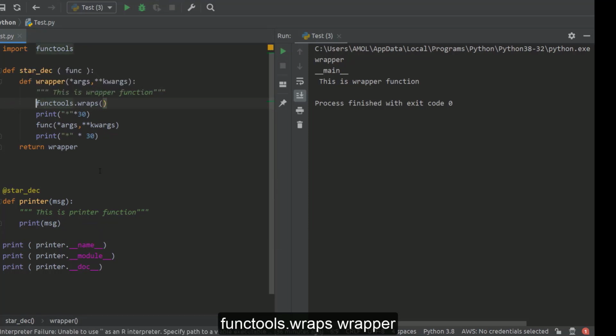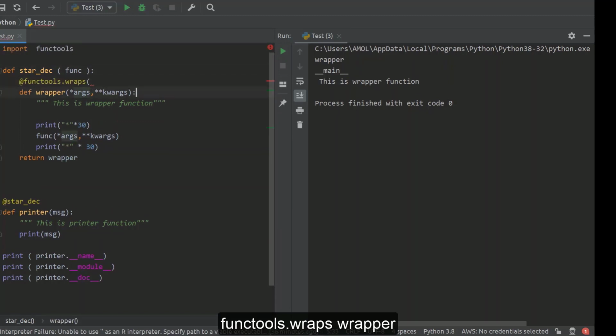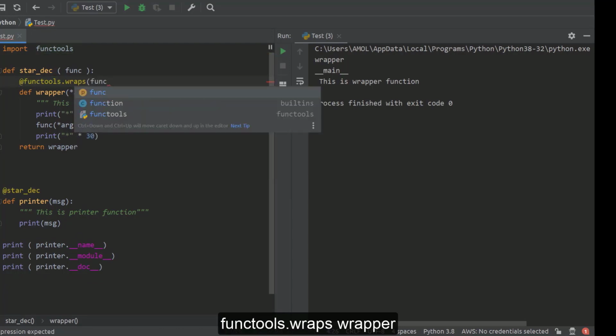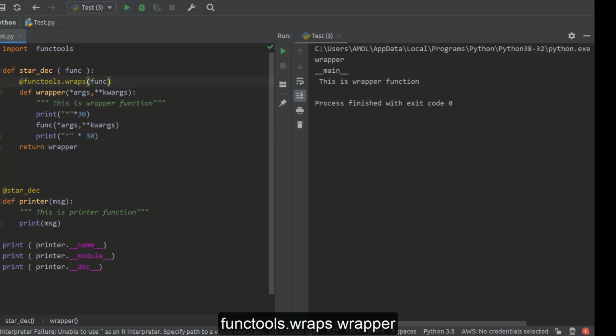First of all, don't forget it is a decorator, so we need to call it using the @ sign. So say @functools.wraps, and you should call it before this function definition. To this wraps decorator you pass the function, or rather, better to use the word reference of a function.